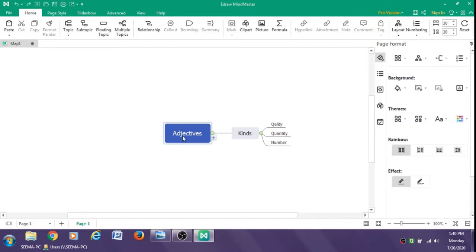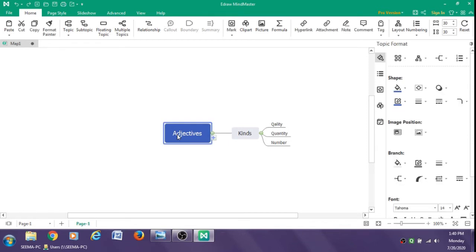Suppose I want to add more subtopics to this main topic of adjectives. For this, come back to this, click on this adjectives main topic, click on the plus button and say it's regarding the position. Double click on this new subnode.